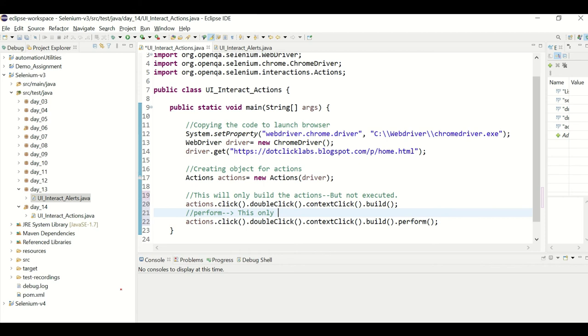So this will execute all the actions we built using the build command. This only executes the actions.